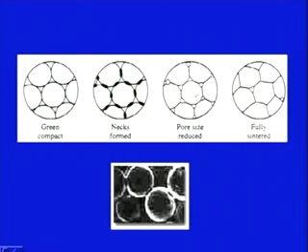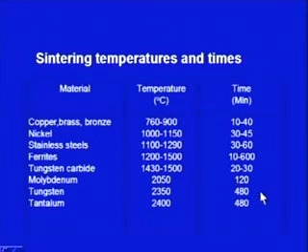So, the pore size gets reduced, and in the finally fully sintered product we can see the number of pores is less. So, the density has improved. This is basically the diagram where different metal particles are bonded to each other during the process of sintering. Now, this gives us typical sintering temperatures and times for various metals.